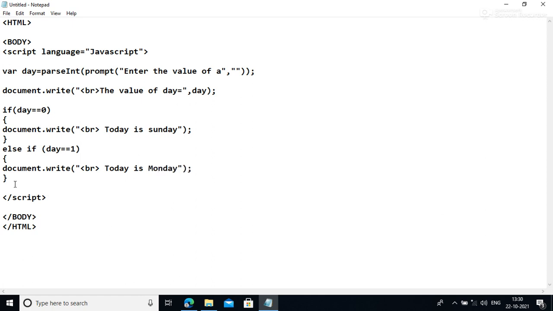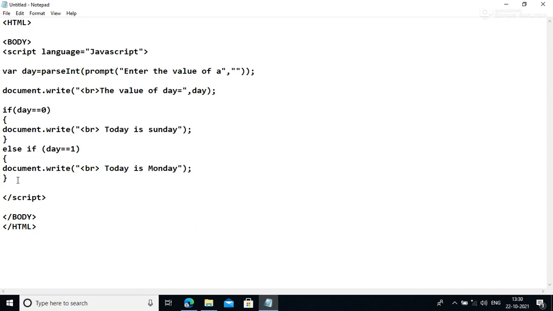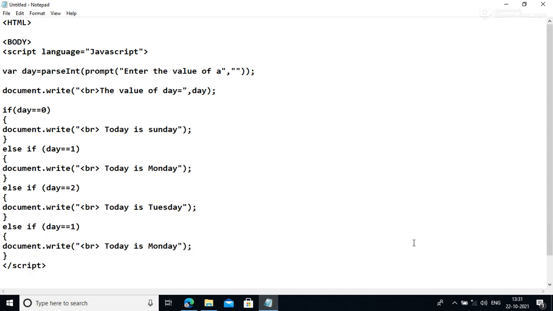Next is again else if, and here write 2 and print "Today is Tuesday". Next, again Control V, and here the value 3, Wednesday.